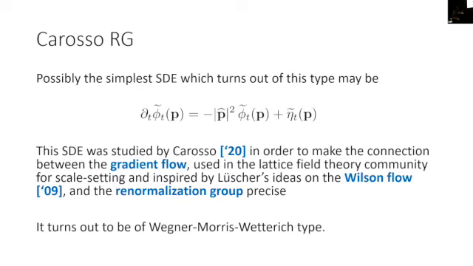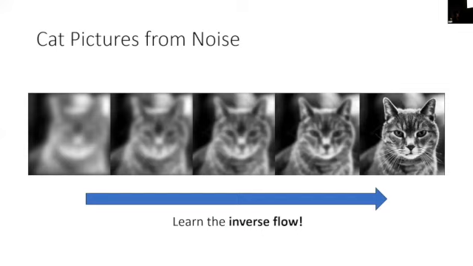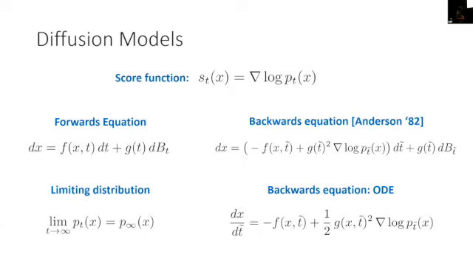But if you take this equation, it is very easy to simulate, and you apply it to a picture of a cat. We've all been learning that physicists really like cat pictures and maybe also Feynman quotes. You apply it to the picture of a cat, and it turns into noise. Everybody here now knows that a lot of people have been learning the reverse process, and that was a nice way of generating cat pictures, or pictures of your field. That kind of method for learning these inverse processes goes under the name of diffusion models. I'll very briefly review those